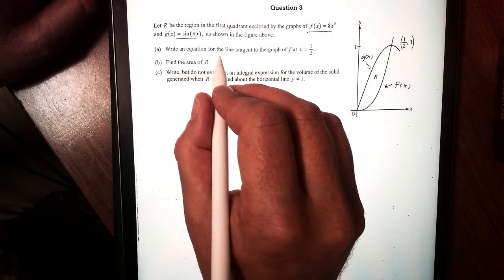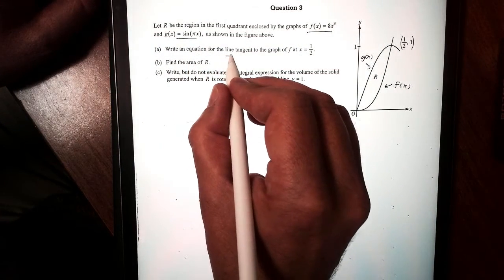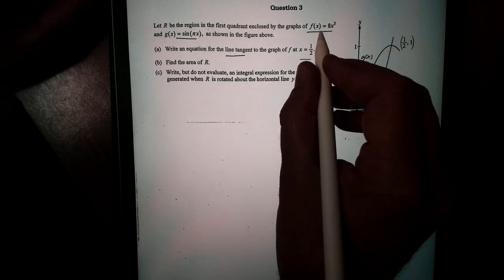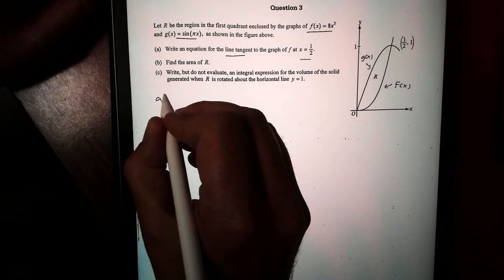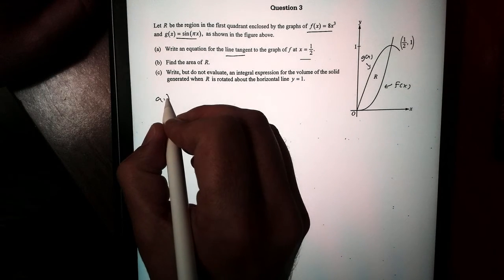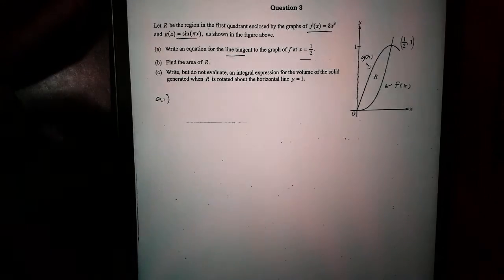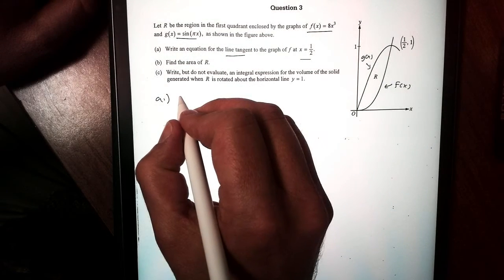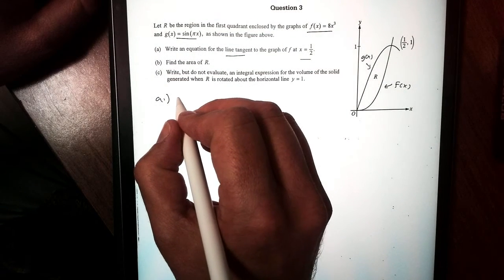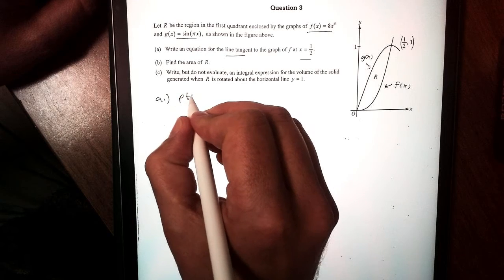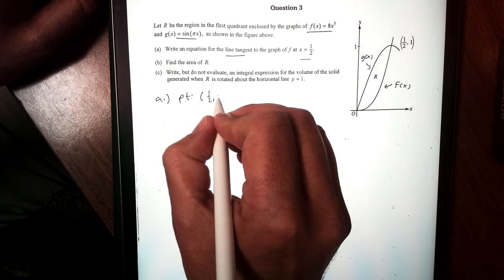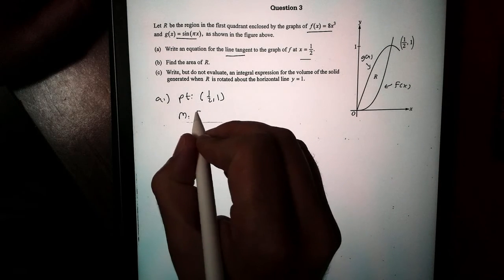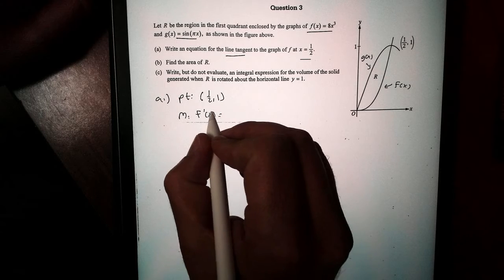Question 1 says, write the equation of a tangent line to the graph of f at x equals 1/2. So we're looking at the tangent line for f. For part A, this should be pretty easy. To write the tangent line, there are two things we're going to need. We need a point, and they give us the point 1/2, 1. And we also need the slope. To get the slope, that's from our derivative, and that's going to become